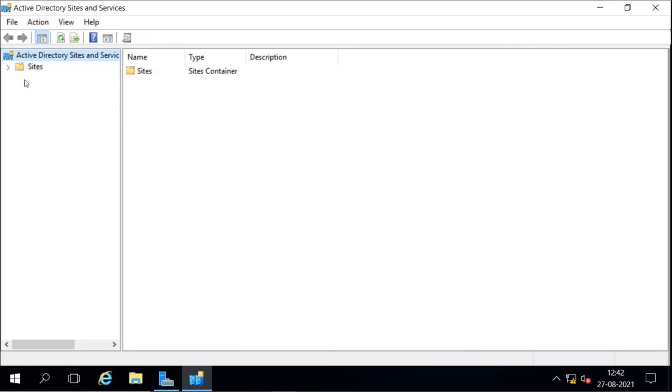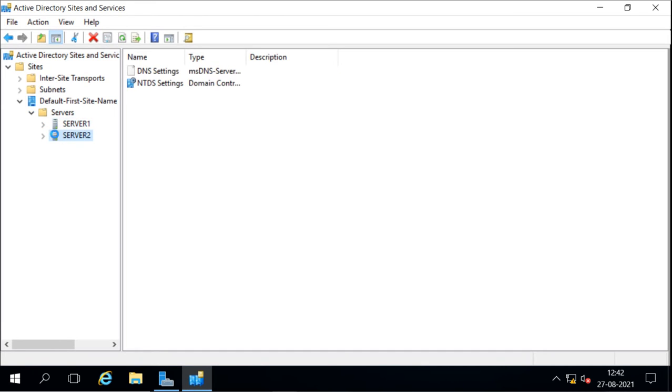Now here we see the sites. When you open the sites, you will see only a single site, and its name is Default-First-Site-Name. When you open this, you will see Servers, and when you open Servers, you will see all your domain controllers. So all the domain controllers go to this first default site by default, and that is why Active Directory thinks all these domain controllers are in the same location. If they are located in different locations, we should create different